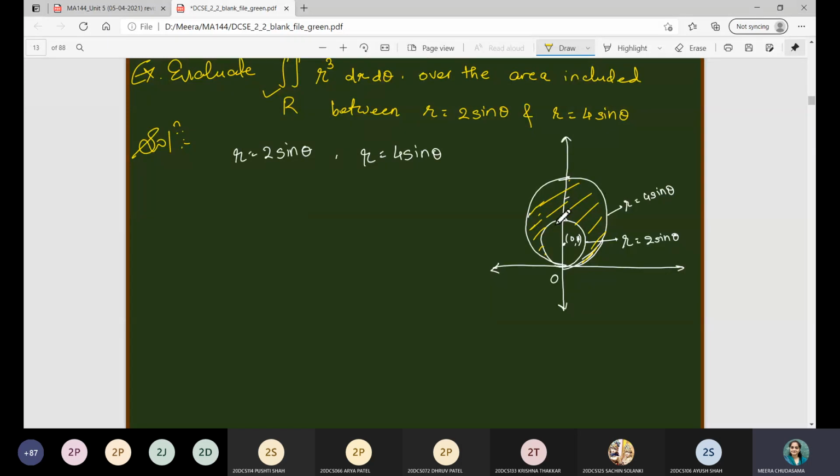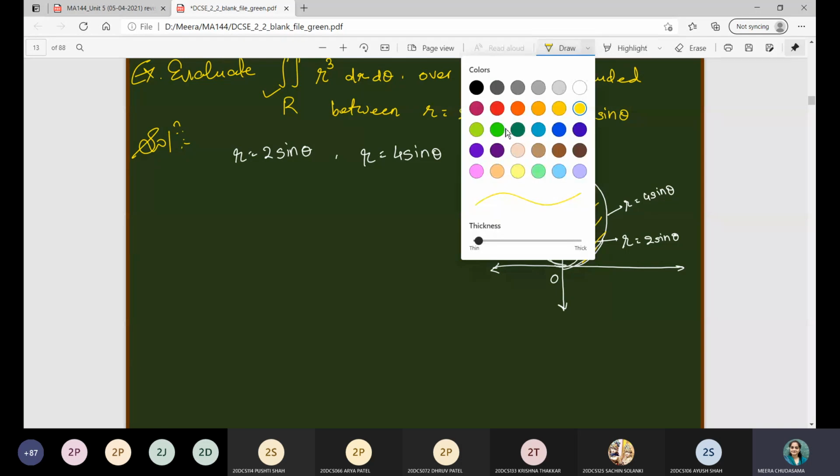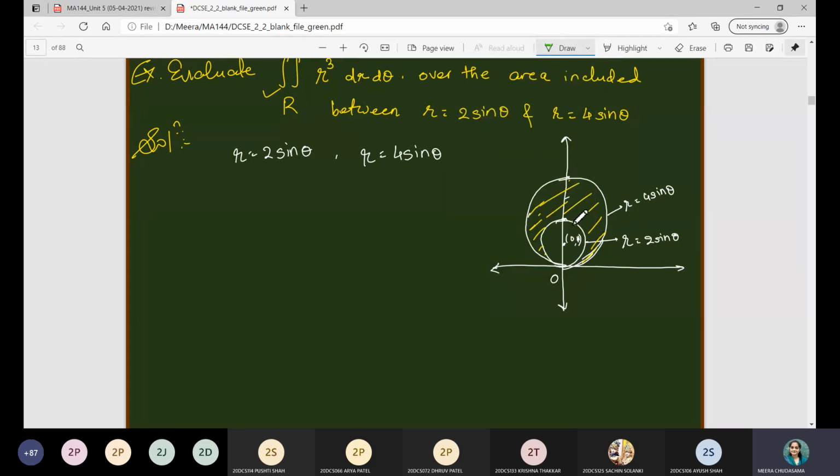So first of all, we have to determine the limits. To determine the limits, we will consider a strip in this region. Suppose it is this one. Now allow this strip to move in this region. Suppose I start from this point, then this strip will move from this to this one. Then what will be the corresponding change of angle? 0 to pi, right? So theta, you have determined, will change from angle 0 to pi.